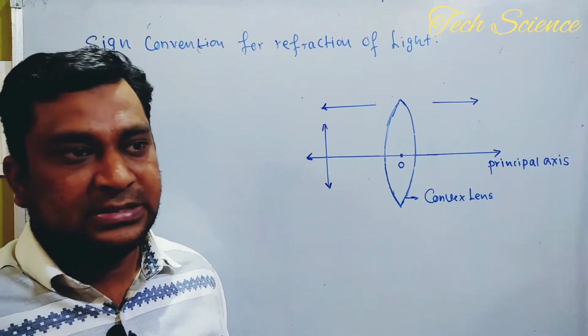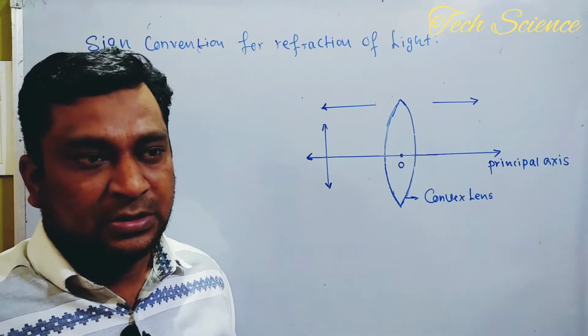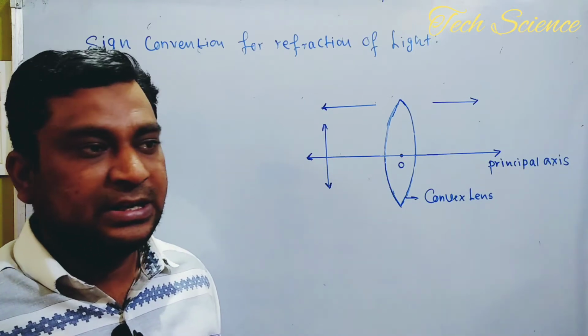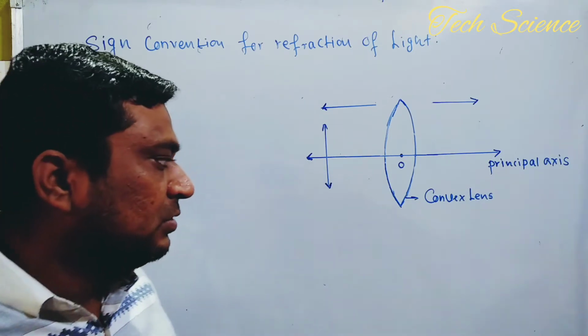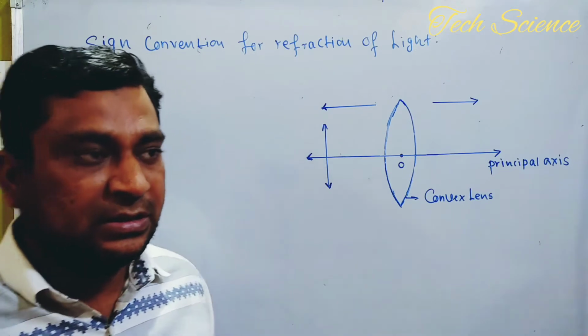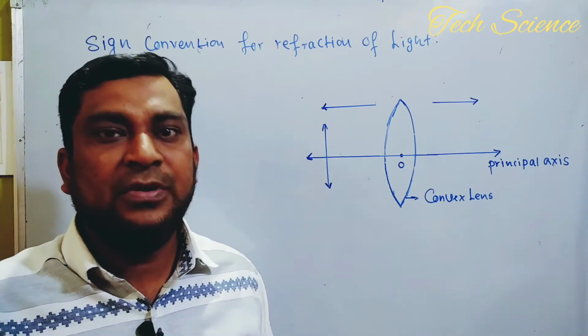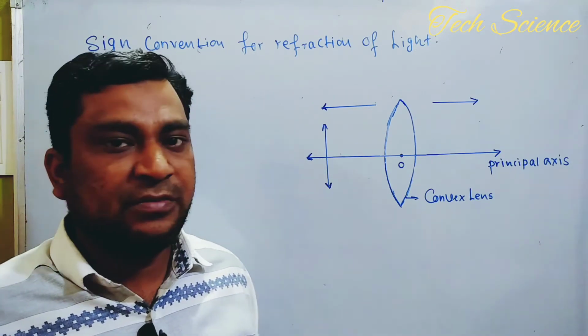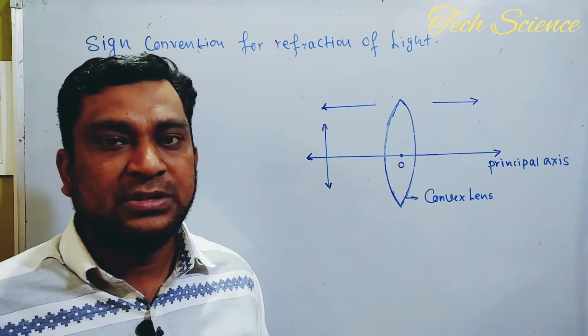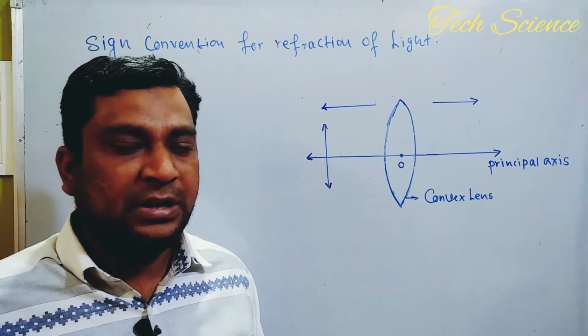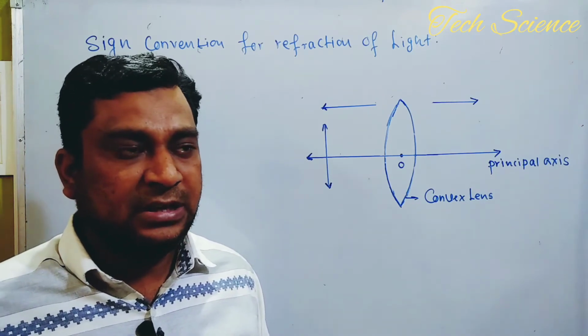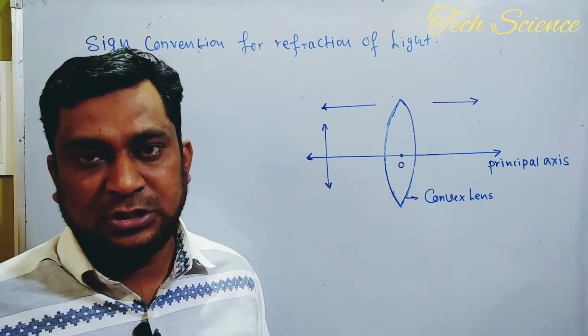As we know, lenses are basically divided into two parts. The first is called the concave lens and the second is called the convex lens. So if you have to find the answer for a given numerical, the sign conventions are used to decide when you have to take a negative sign and at what place you have to take positive, and so on.